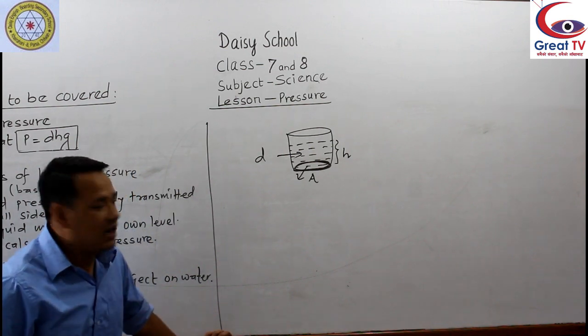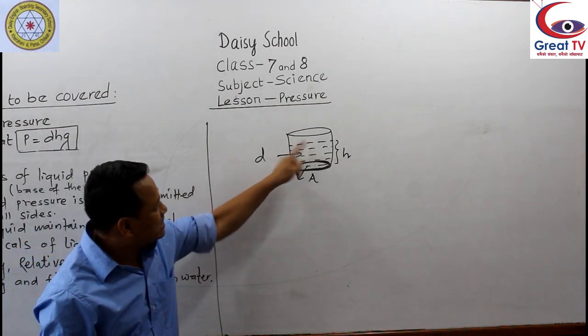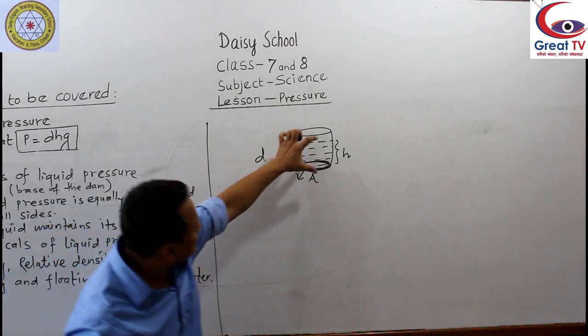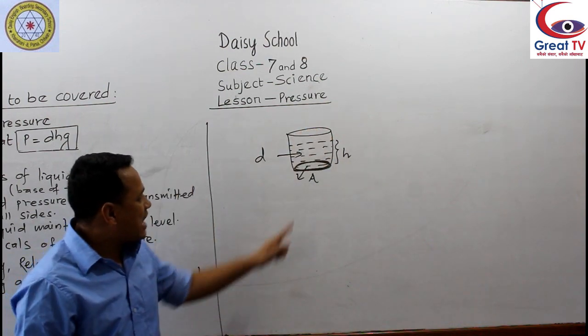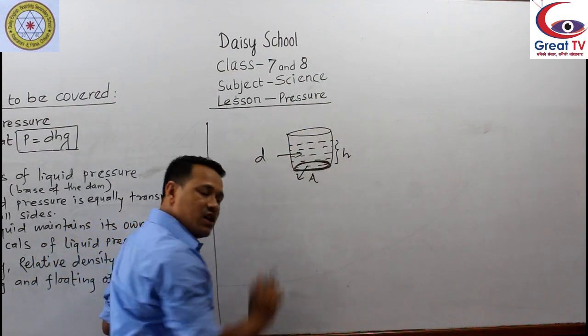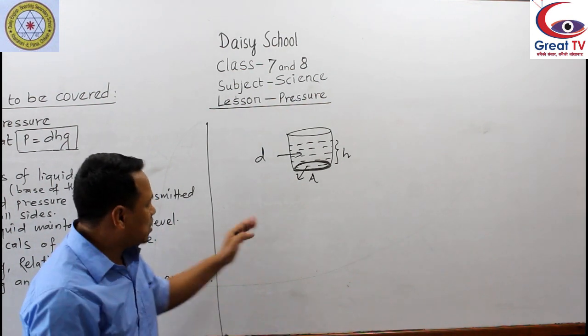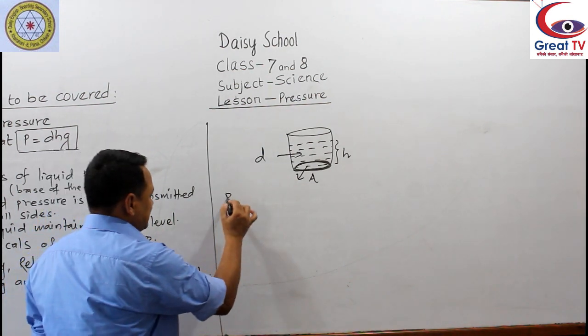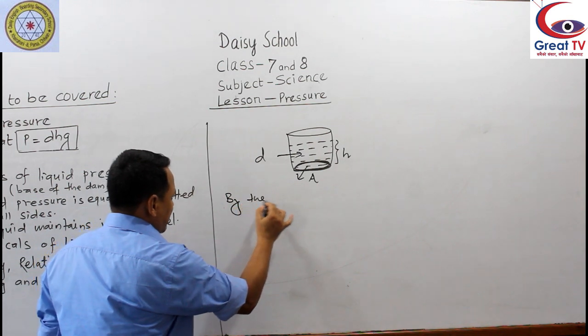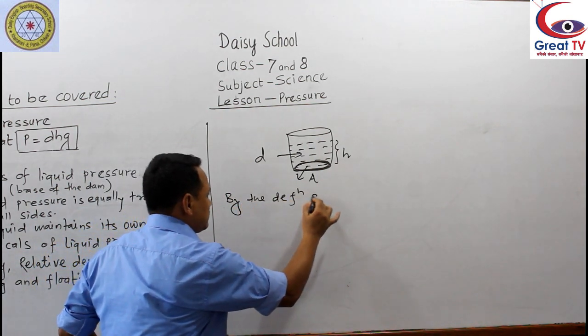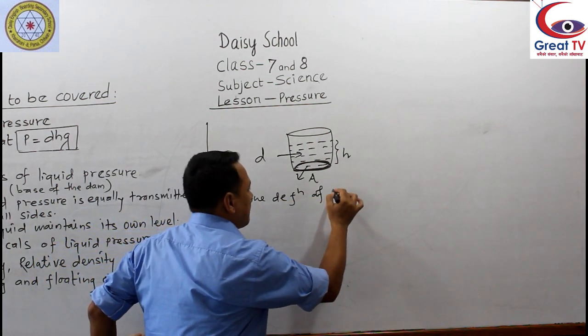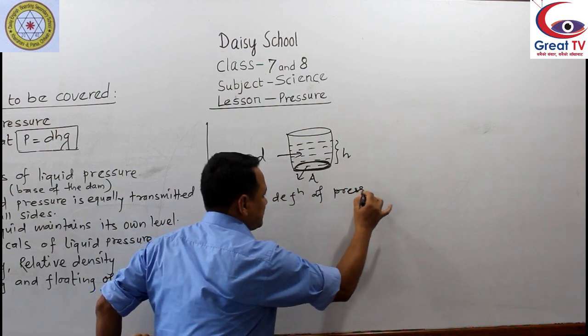So let's say d is the density of the liquid, h is the height of the liquid, and A is the base area, the cross-sectional area of the beaker. So, by the definition of pressure,